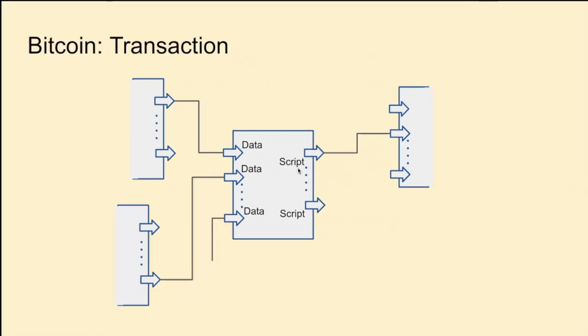And probably the most common script basically checks a digital signature. So if Alice wants to send Bitcoin to Bob, she will attach to that a script that requires a signature from Bob that she can check to make sure that Bob is really the one trying to spend that money. The data going into the scripts are attached to the inputs of a transaction. So in this world where scripts are basically checking signatures,